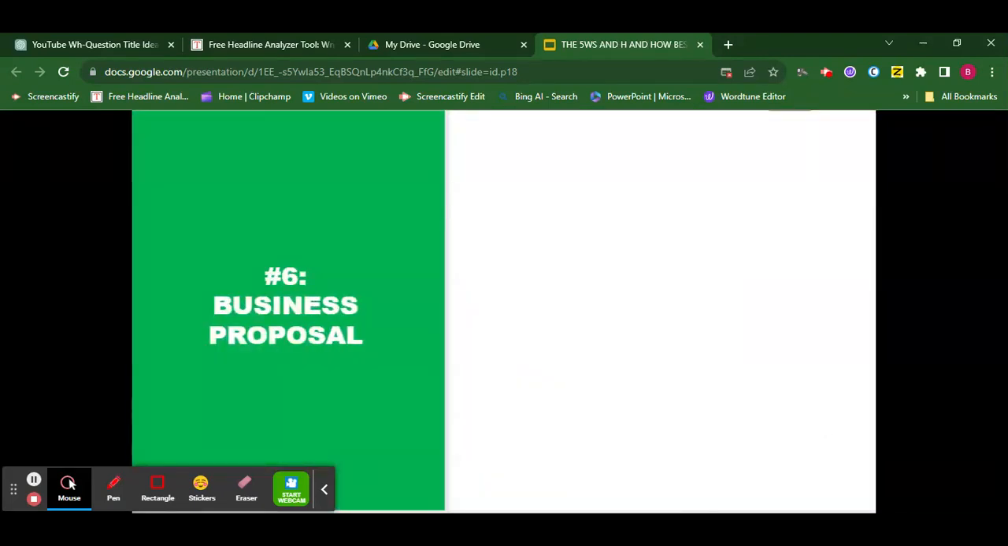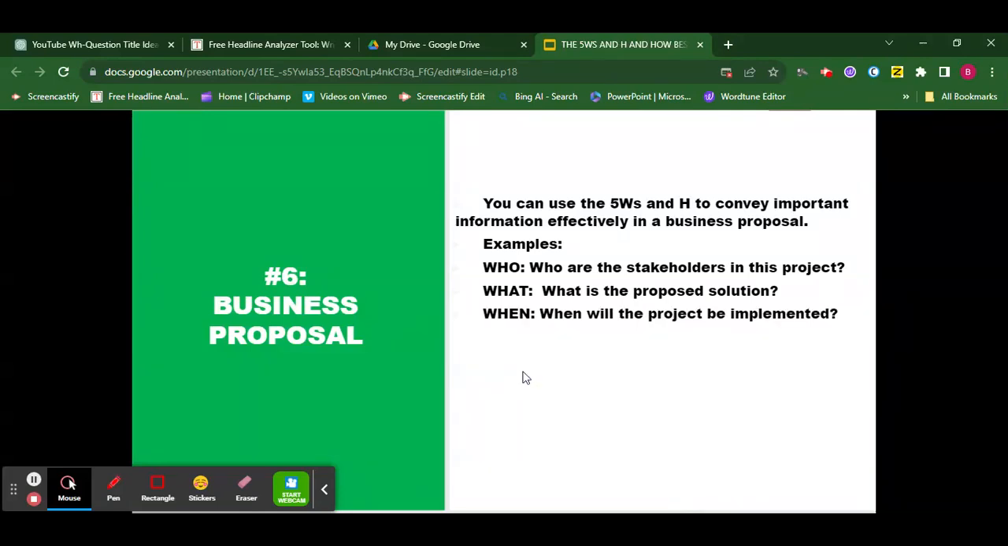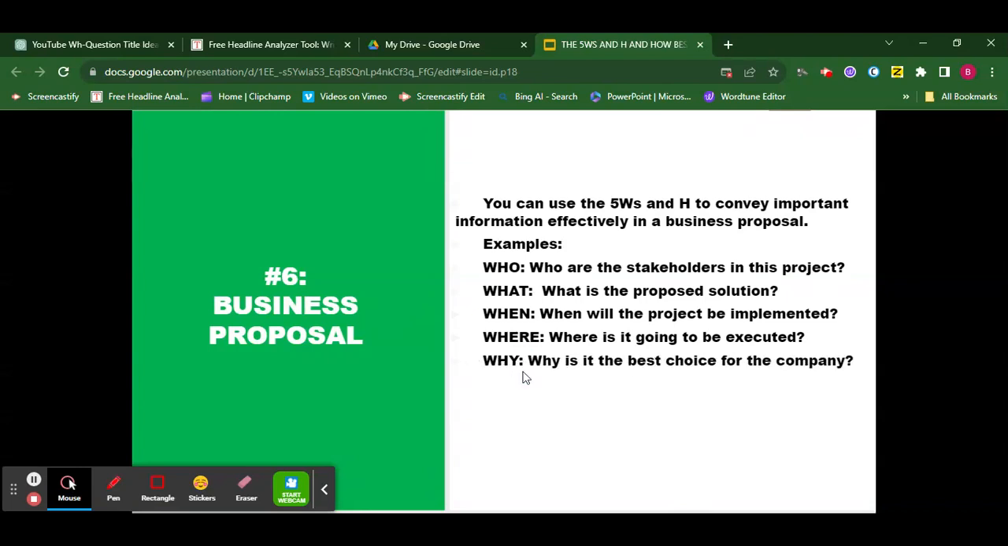Number 6, business proposal. When writing a business proposal, you can use the 5 W's and H to convey important information effectively in a business proposal. Let's look at examples. Who are the stakeholders in this project? What is the proposed solution? When will the project be implemented? Where is it going to be executed? Why is it the best choice for the company? How did it bring about positive change? Okay,